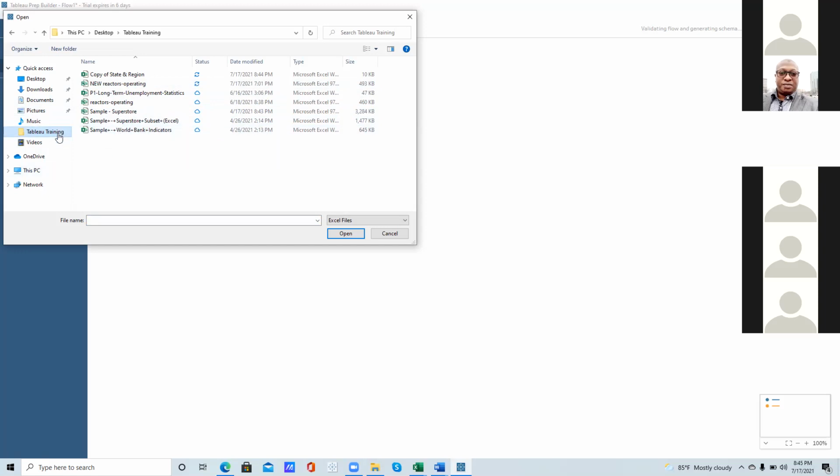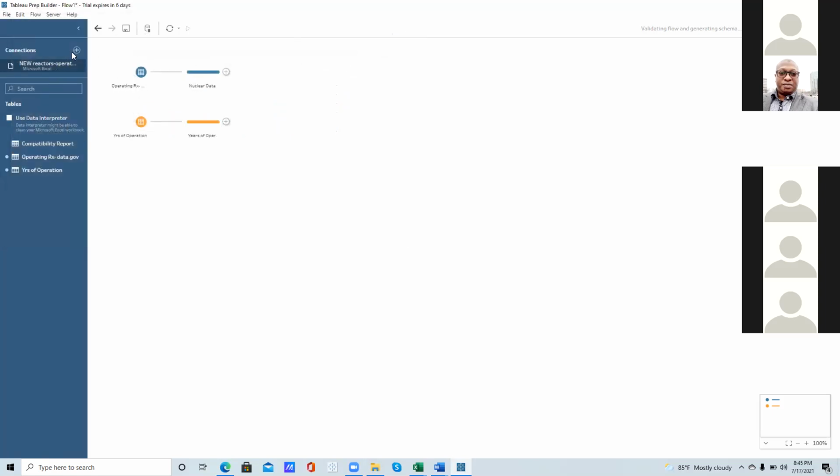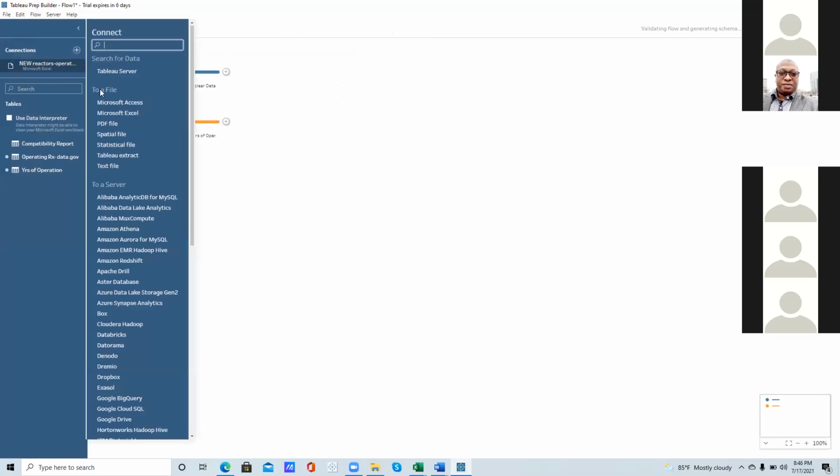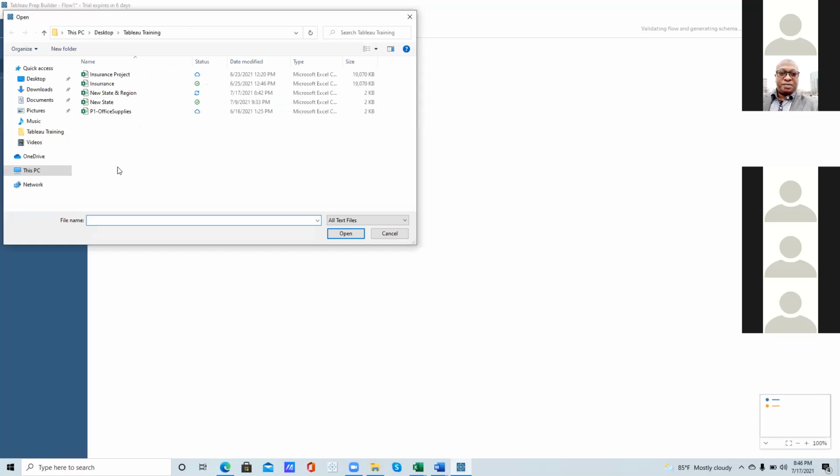Is it a text file? CSV is a text file. Okay, there we go. We have new states, that's it. New states first. Let's see if that's it. I hope that's not the one I was looking at, the old one. But let's see. Just bring it in, you will know.